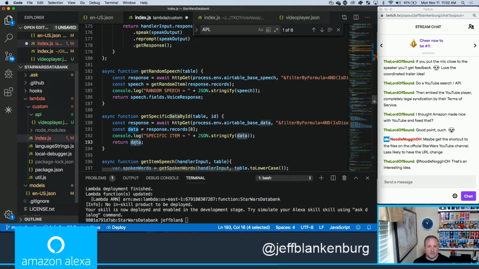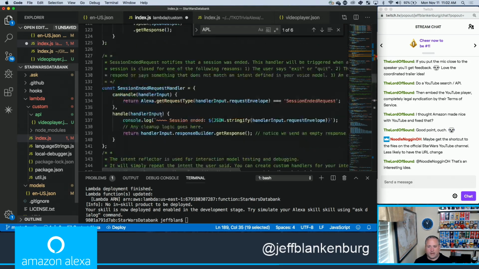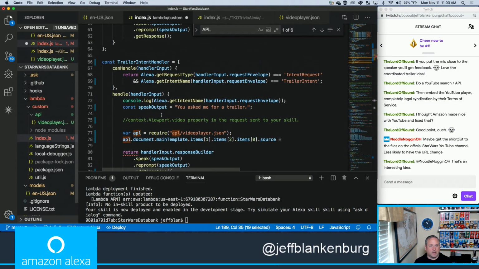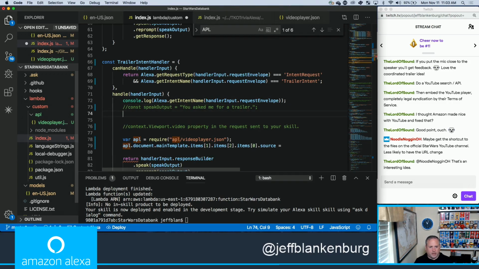But get specific data by ID is what I want. That's great. I like writing code that gets reused often and frequently, and again and again. Okay, so in here we're going to get rid of this, and instead I'm just going to comment that out because I'm going to probably need speak output at some point, and we're going to do this, which is